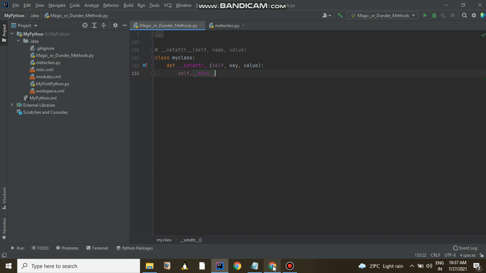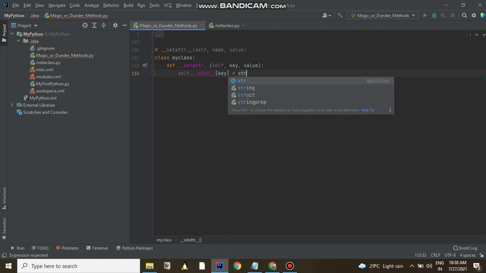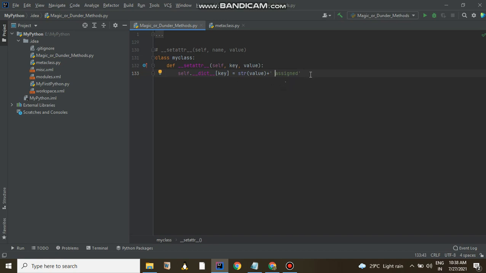Then the next thing is the key, and I am assigning a value to it. Let me stringify the value, make it a string, and also add 'assigned'. So I am just adding a few things to the given value.